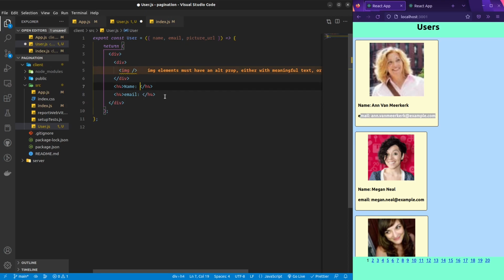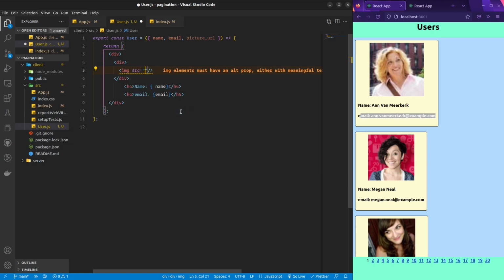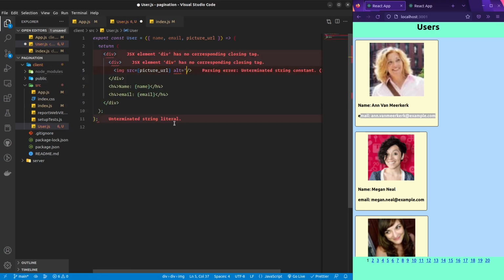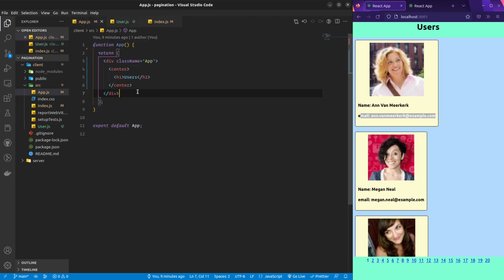The name is going to be the name that we get from the arguments, and the email will also be the same. I'm just putting that right there. In the image tag, the source is going to be the picture URL which we get from the input. Okay, now I'm also missing the alt attribute. Let me quickly put that here so that it will not show any errors. So if I just render that here,